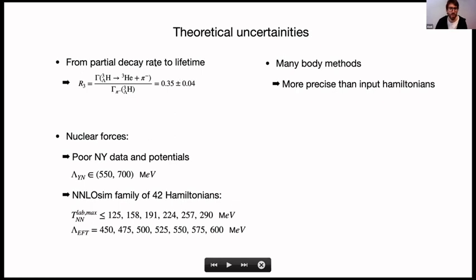We have, of course, some uncertainty at the level of relating the partial decay rate with the lifetime. The many-body method is quite controllable. And then here we have some freedom because an integral part of the EFT theory is this cutoff, and also the amount of data you include in fitting the low energy constants. That's the threshold in the lab energy of scattering data. So that's 6 values times 7 cutoffs, it's 42 Hamiltonians. And we studied precisely that.